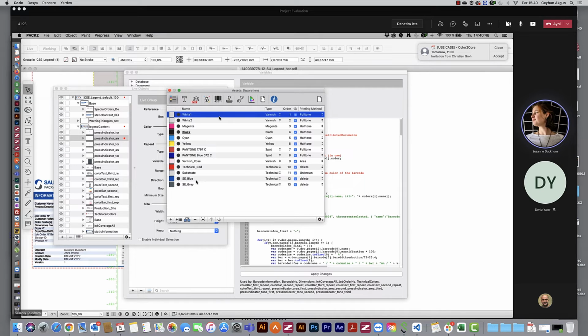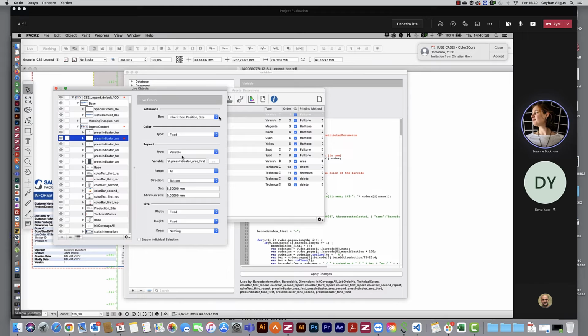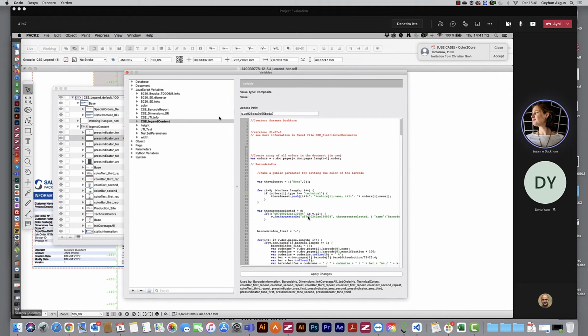But if you don't want, for example, the legend colors to be included, so we always have our legend colors, and we don't want them included in this repeat, let's say, you always need to use JavaScript. So you won't be able to filter or something like that. So you have to use JavaScript, and this is a simple example of how important it is to know a little bit, to just do the simple things in there.